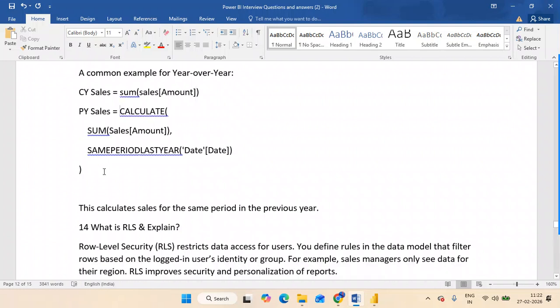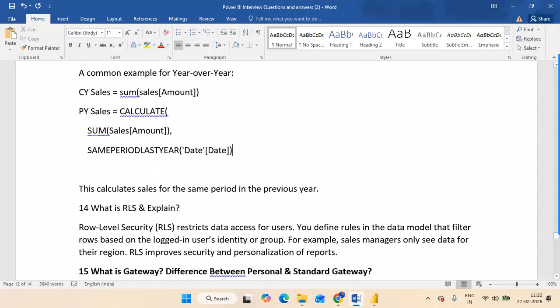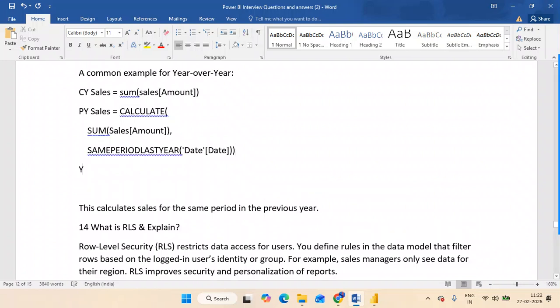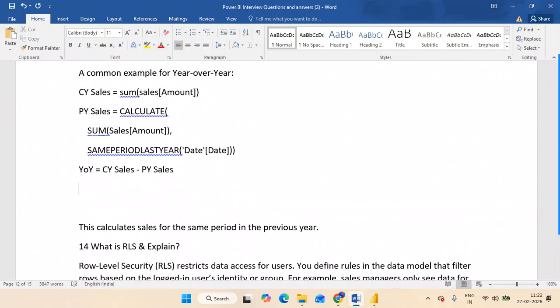So that is done. And year over year, what is the formula for year over year? So this is the year over year.